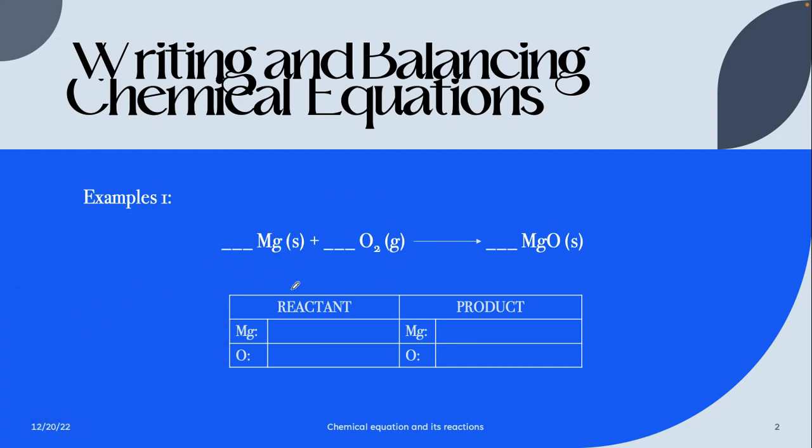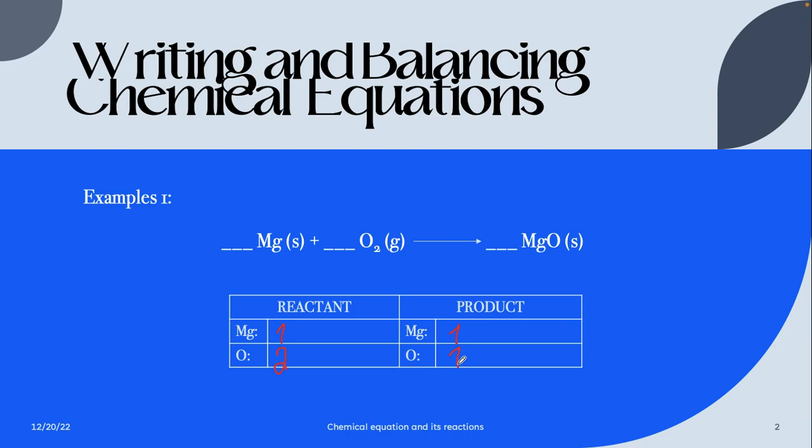Here on the reactant side, we have 1 magnesium, and we also have 2 oxygens. Usually if there is a subscript here, it tells you the amount of element there is, okay? And now let's take a look at the product side. Since we have already done the reactant side, we have 1 magnesium and 1 oxygen. Having this, we can clearly see that this